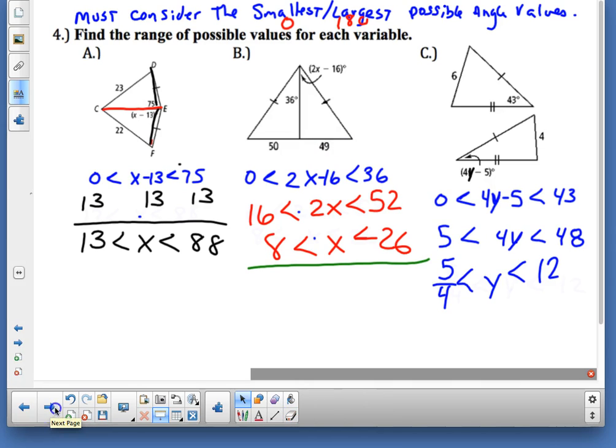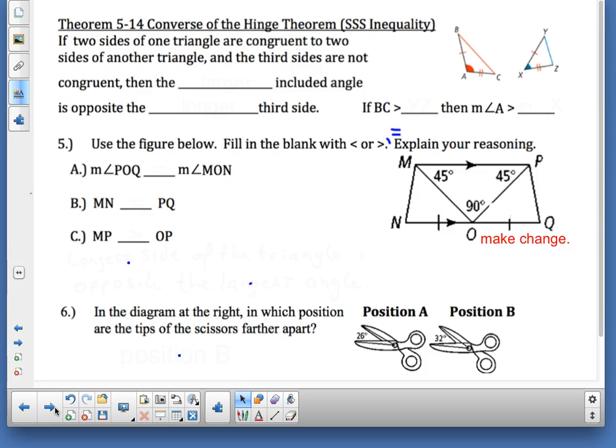Okay, rolling on. Just like any other time we've done stuff, we have the original, and now we have the converse. Before we get to the converse, though, we got to make a change, and I'm going to talk about why this change has to exist. You have to make the change when you do the assignment, because I think I use the same thing on the assignment. You ready?